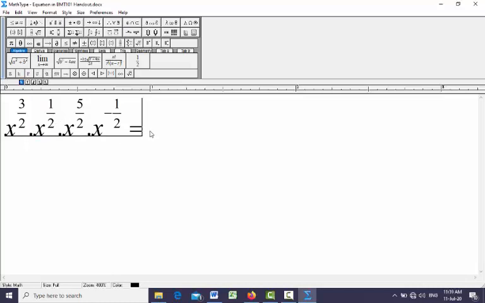And as I said before, the rules of exponent dictate that if the bases are all same and if you are multiplying, in that case powers will be added together. Powers will be added together. So x power, sorry, x, we need to get the power first. x power 3 by 2 plus, let me get a fraction again. 3 by 2, 1 by 2 plus 5 by 2, and then we have